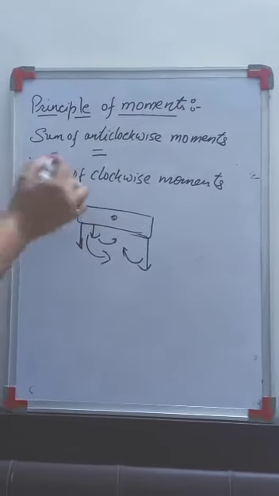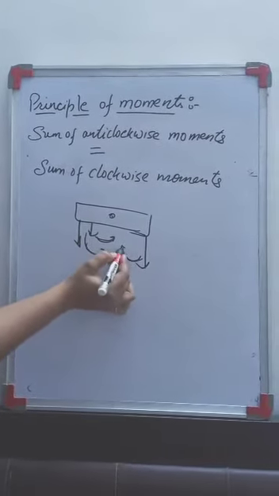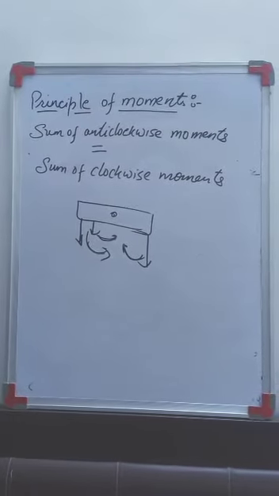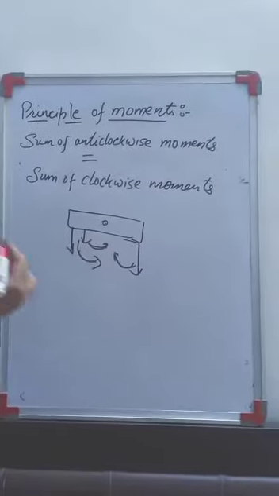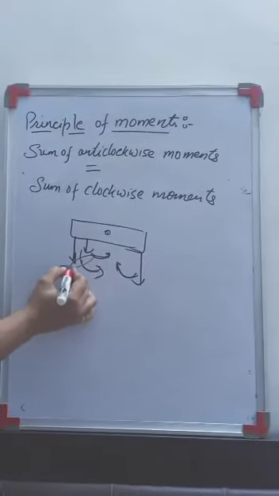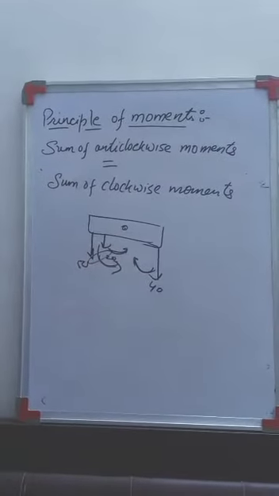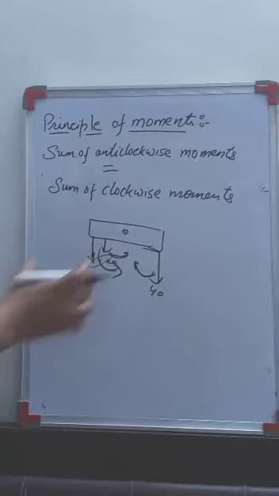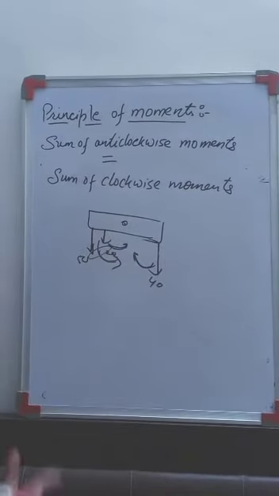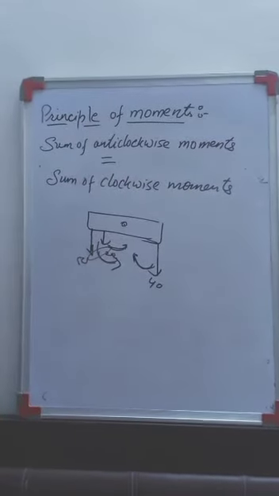Now I said these are what? Anti-clockwise moments, and these are what? The clockwise moments. The sum of anti-clockwise moments. Over here we are not calculating only the forces that are acting. If I am saying this is 50, this is 20 and this is 40, then just by looking at the forces, you cannot tell whether this body will move clockwise or anti-clockwise. What do you need to calculate? You need to calculate the moment first, right?